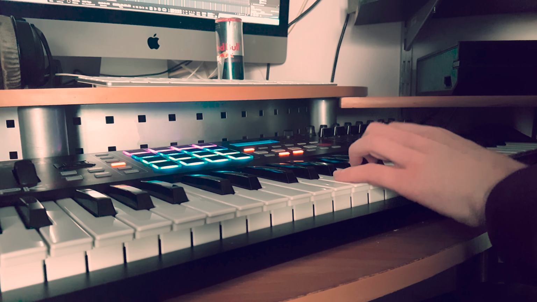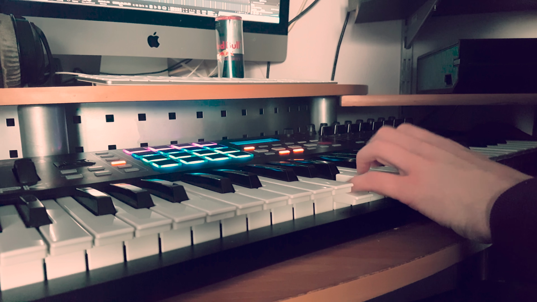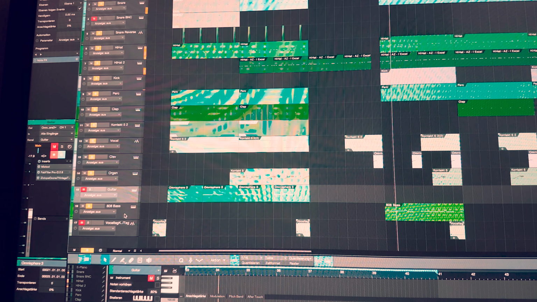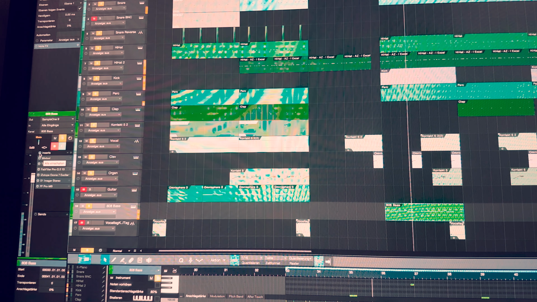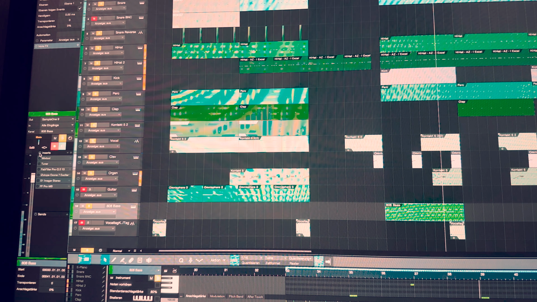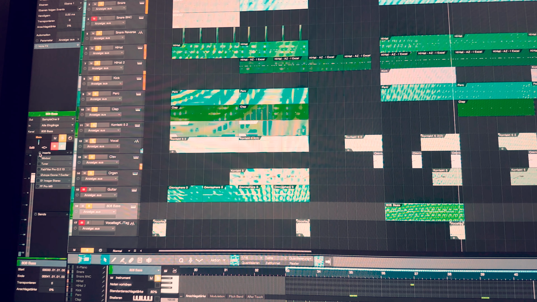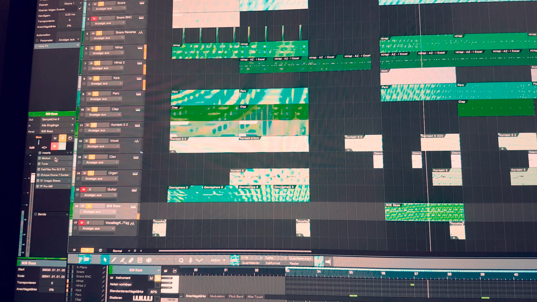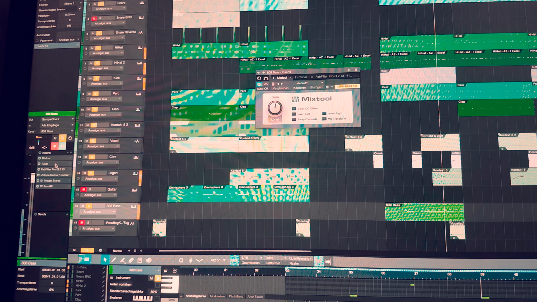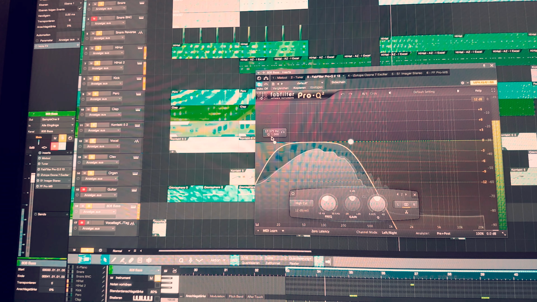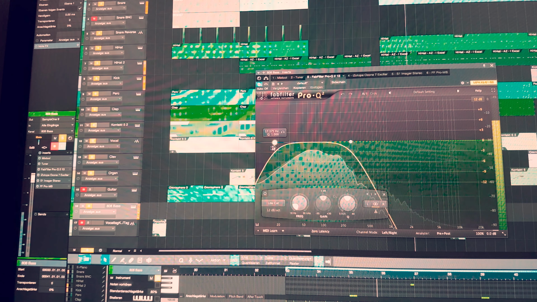Okay guys, so then I found this 808 bass. And here it's what it sounds like with all the elements together. So first I'm gonna mute all the effect plugins so that you can hear what it sounded before. And now you can hear the 808 bass with all the effect plugins turned on. So what I did was I added the mix tool, tuner for tuning, equalizer, and I cut out some of the lows and a lot of the highs.